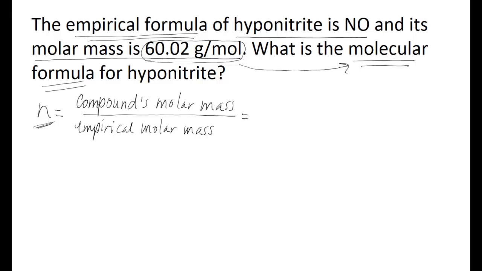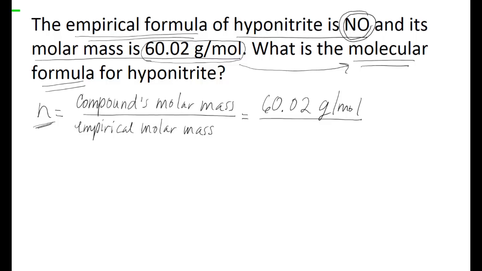So you're given the compound's molar mass, and that is 60.02 grams per mole. What you're not given is the empirical formula molar mass, but you are given the empirical